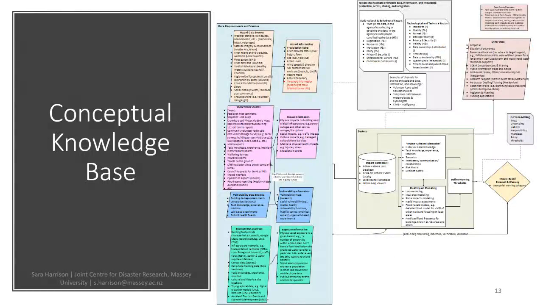And so far I have, this is my conceptual knowledge base. I figured I should include it because that's what the title is. So it's this big framework of, first of all, on the left side is the data sources that I've identified, and I do have vulnerability and exposure data sources in there now, as well as hazard data sources. And then going into kind of what I've determined is the system box, but I'm probably going to rename that,